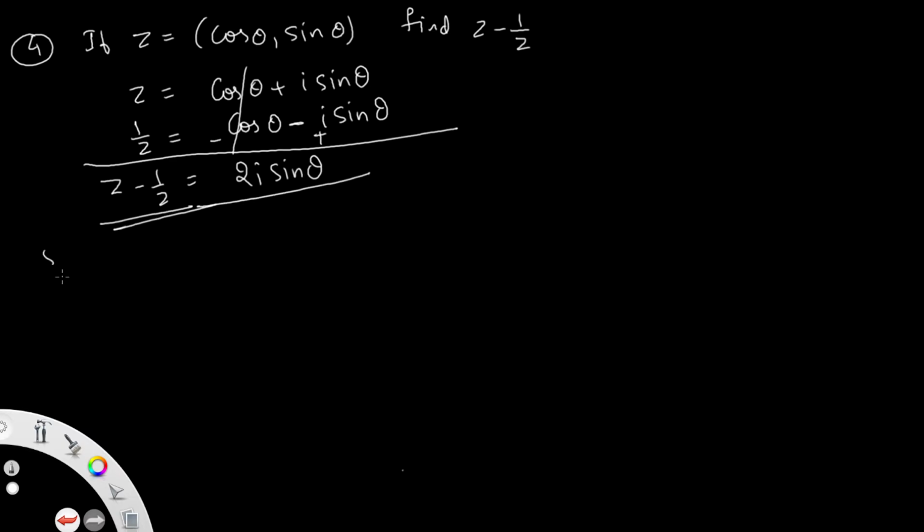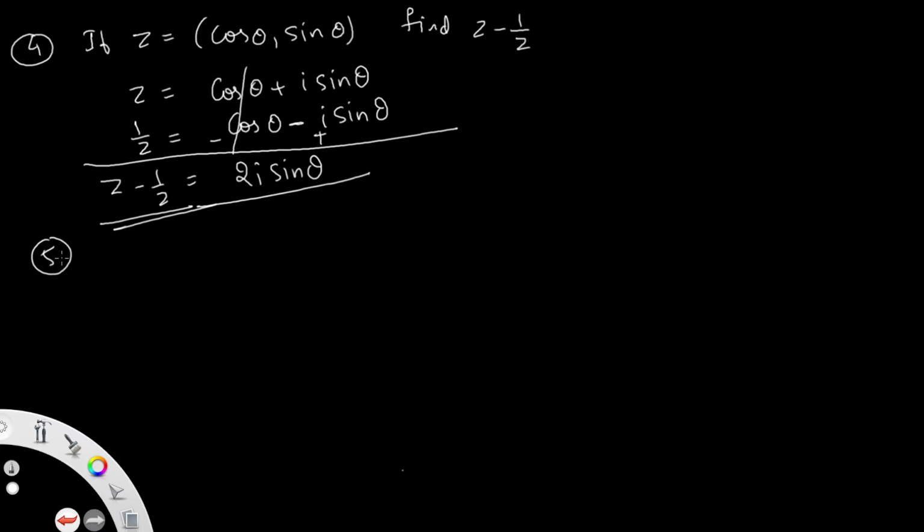Next go to the fifth question. If the ordered pair, we have to change into complex number form, that is x comma y, nothing but x plus iy, that is cos theta plus i sin theta. 1 by z means its conjugate, so that is cos theta minus i sin theta. Then subtract. Subtract means the values will be interchanged.